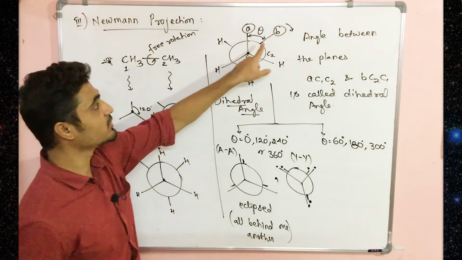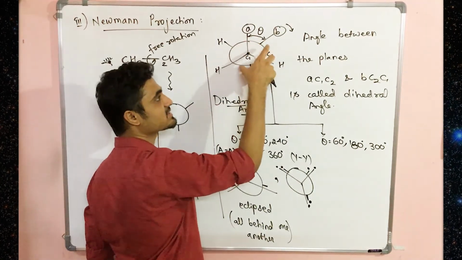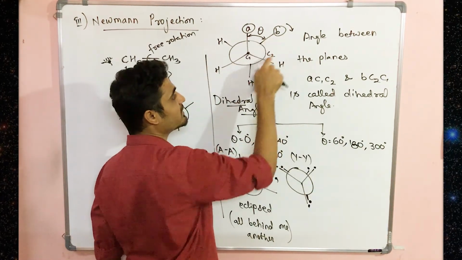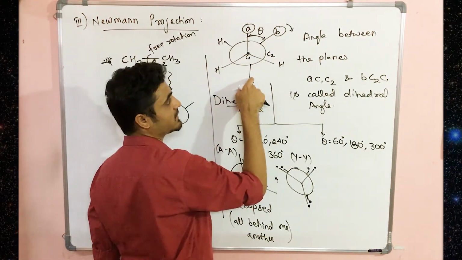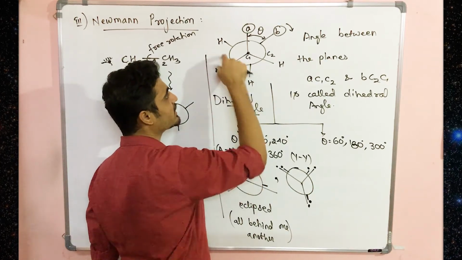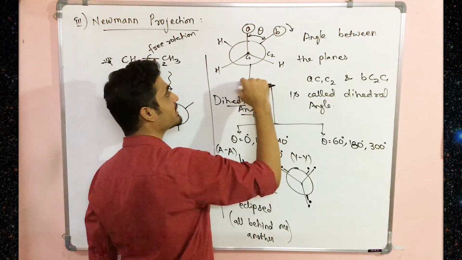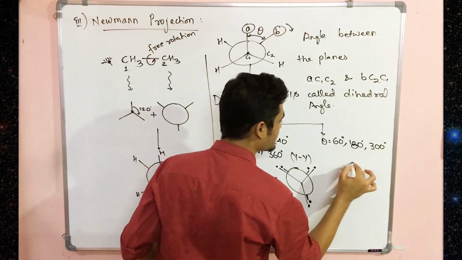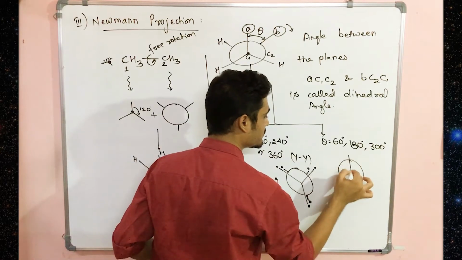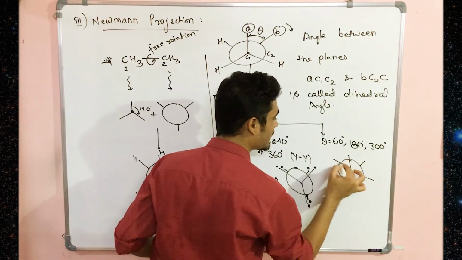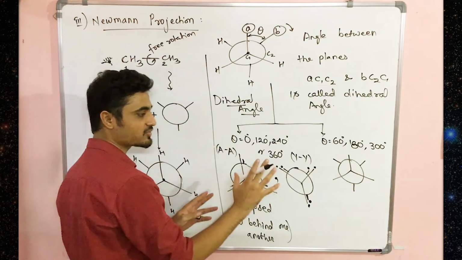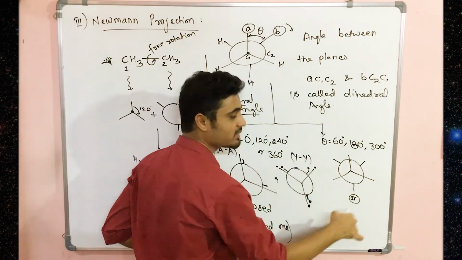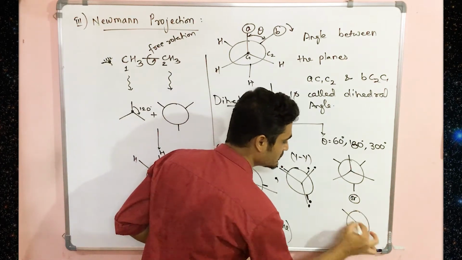Right? So if you do 60, then this angle will be 60, which is looking like this. If you add 120 to it, it will be 180, meaning it will come here, total angle 180. And again, how much is this? 120, so add one more 120, so it will become 300. Right? So in that case, your shape will be looking like this. So the front carbon can be this, and the back carbon will be like this. So this kind of shape you will see. Or, the first one I have drawn is A type, it can go like Y type also, like this.